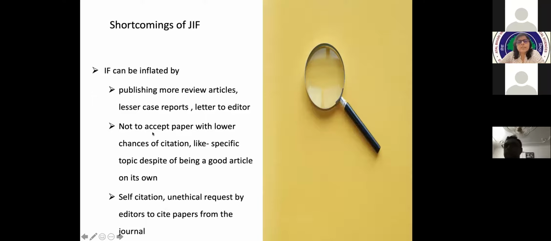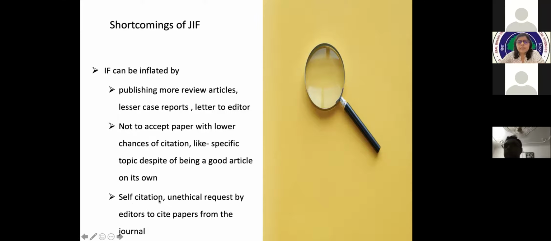The other thing is if the journal itself does not accept a paper with low chances of citation, even if it is a good article on a specific topic, then also the impact factor will be inflated artificially. And another factor is self-citation, as we discussed earlier.